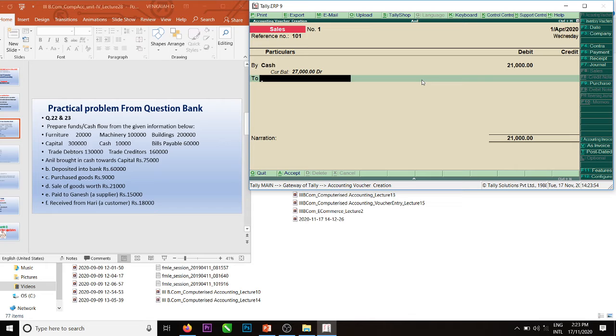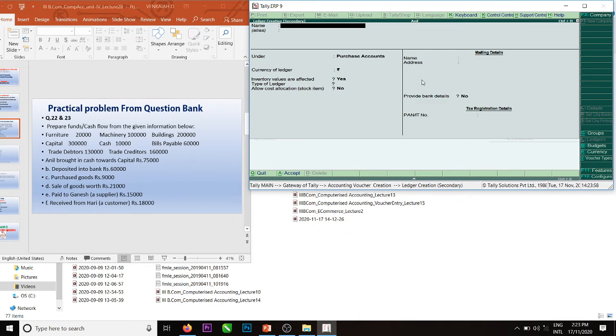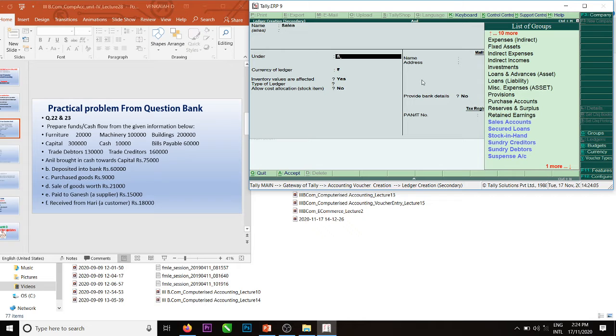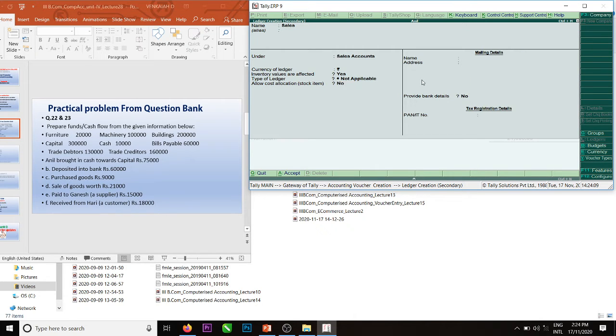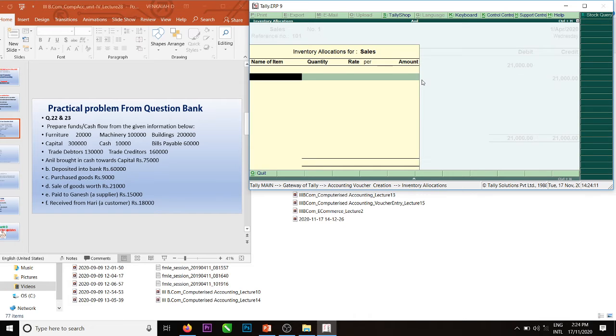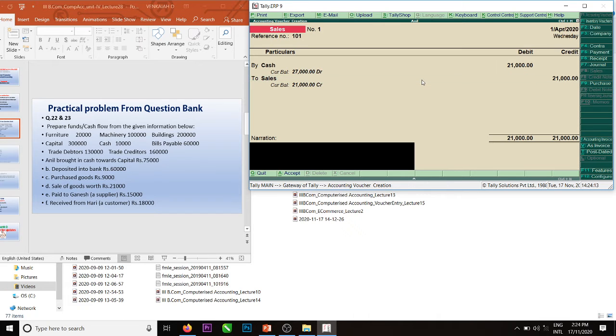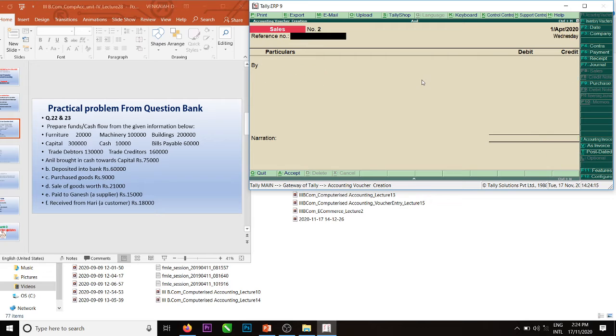So on the screen immediately we want to create, then Alt C, press Alt C. Sales, under sales accounts. Right, no items are there. Goods sold for cash.